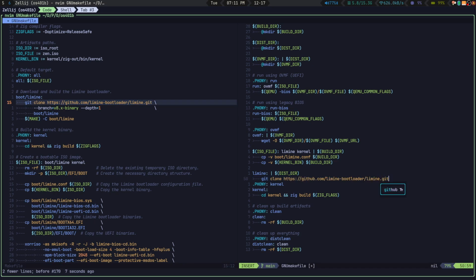Okay, with clone, this one, and the entire history, specify the branch v8.x, that's fine. Okay, and clone it over to the